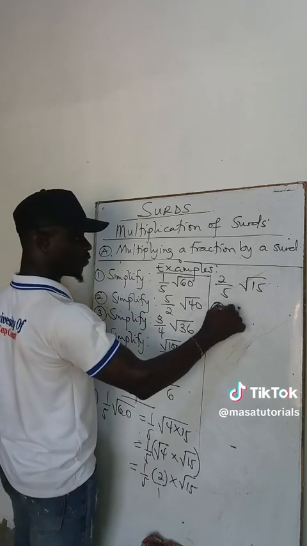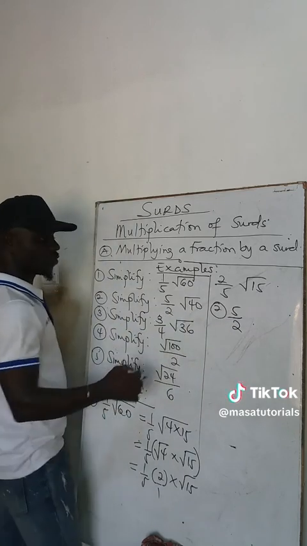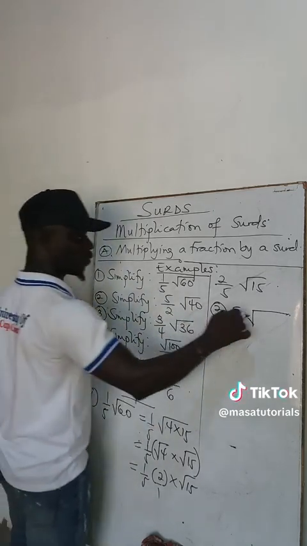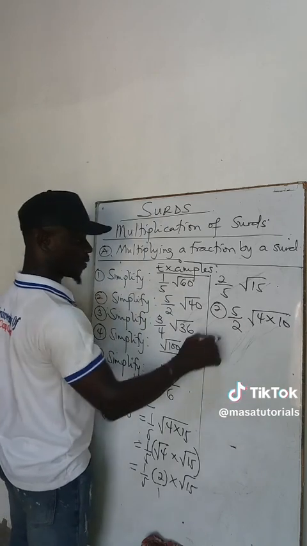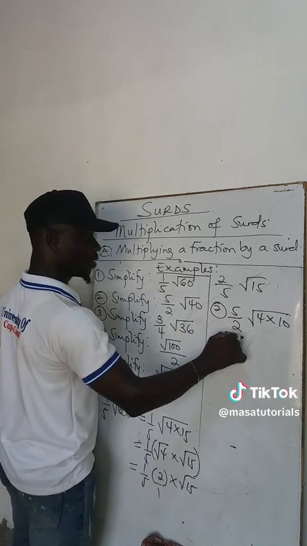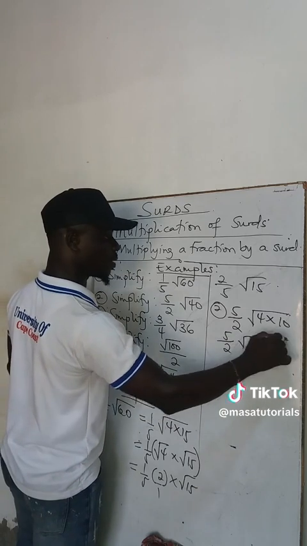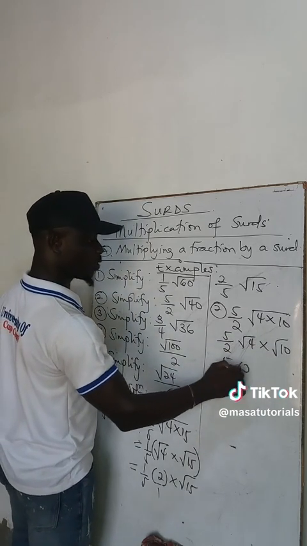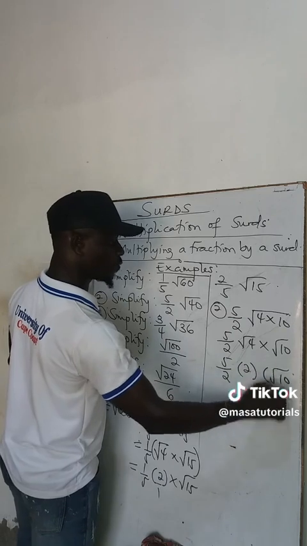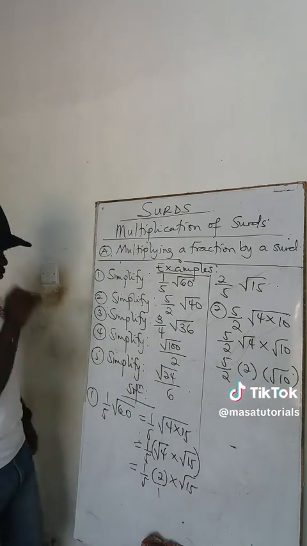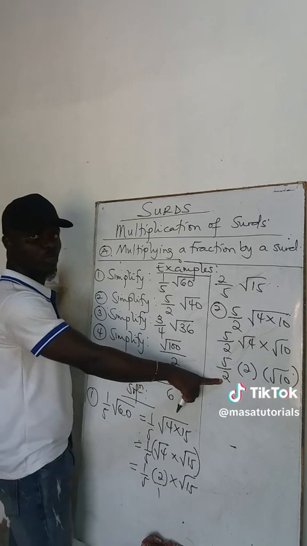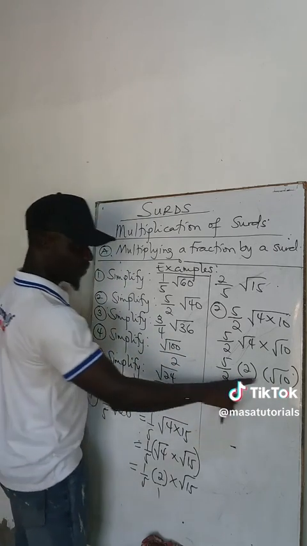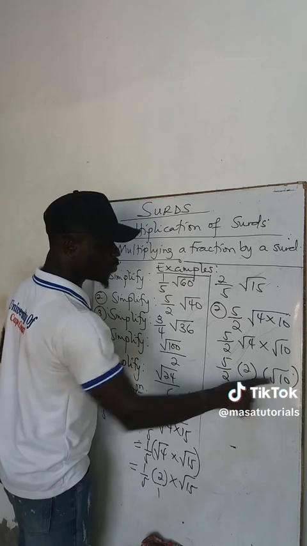Simplify 5 over 2, square root of 40. Square root of 40, you get 4 times 10. So 4 times 10. So 5 over 2. Then square root of 4 times square root of 10. So 5 over 2. Square root of 4 is just 2. Then square root of 10. Now mind you, this 2 is not inside square root. And this 10 is inside square root. So you can't say that 2 going to 10,